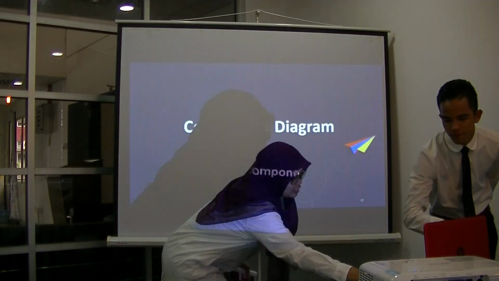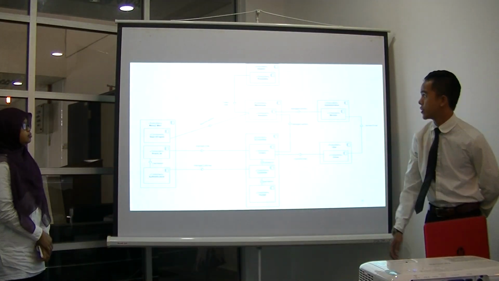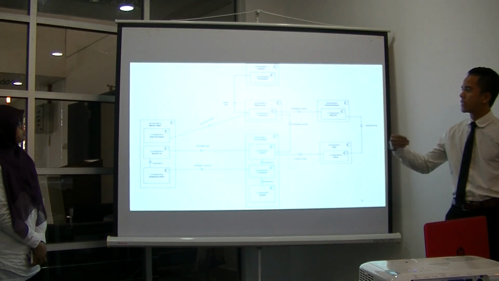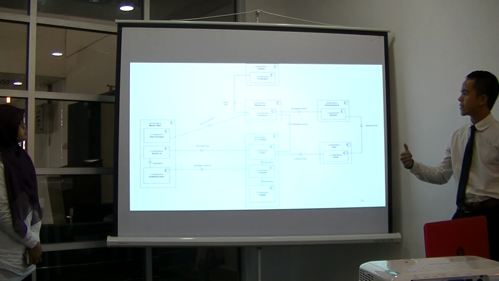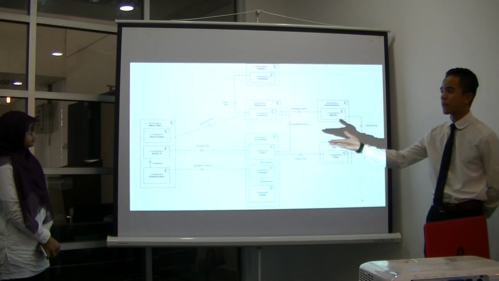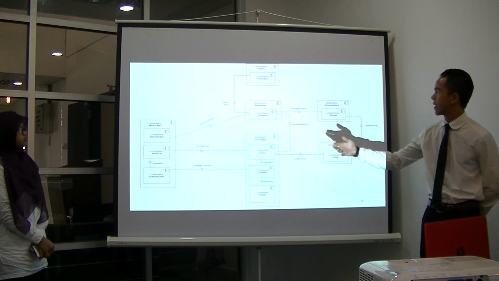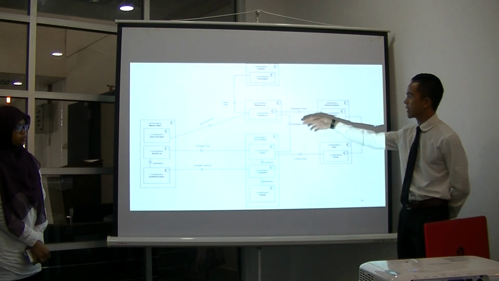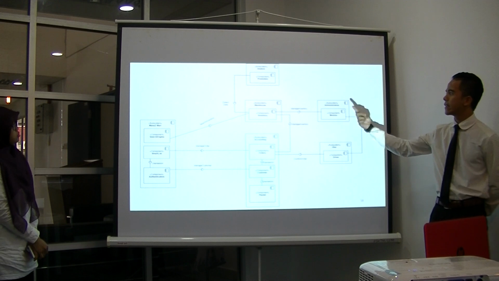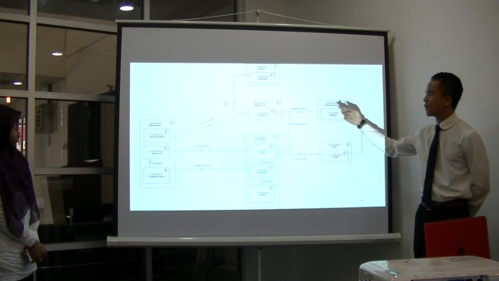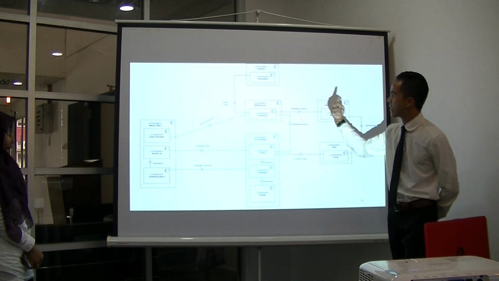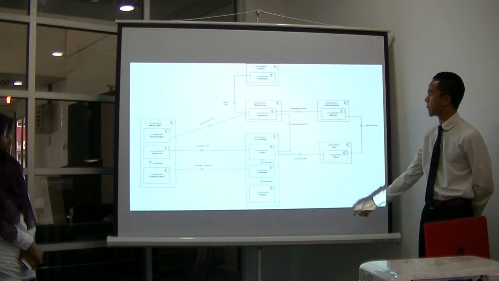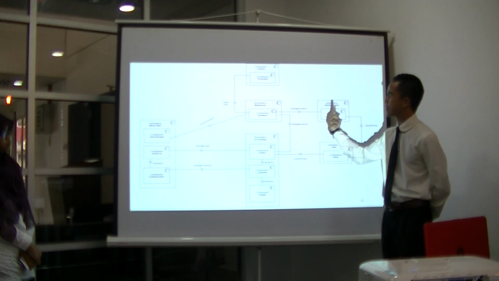So next, okay, now I'm going to proceed to the component diagram. This is our component diagram. We divided the component diagram into 6 main subsystems: Mana2Mart is for the customer itself, the analyst is for the data analysis, and the warehouse is for the SAP BW for HANA for the analytics and the storage of our product database.